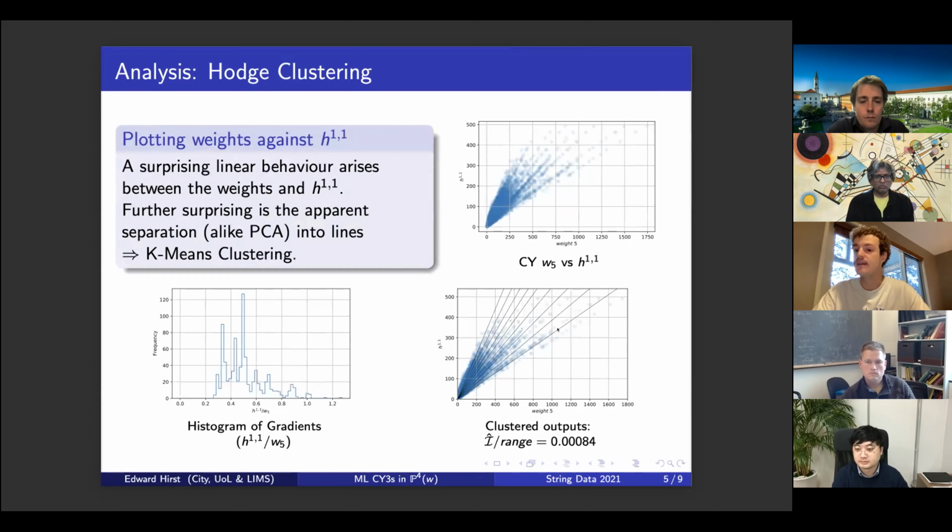So as I said at the beginning, the database came with these 5 vectors as well as the 2 Hodge numbers. So we can just do some simple plotting amongst these parameters. And the most interesting result we got from this was plotting the largest weight against the first Hodge number, H11. And again, we sort of see a similar relation. We're then getting an unexpected linear relationship between H11 and the 5th weight once it's been split into classes,